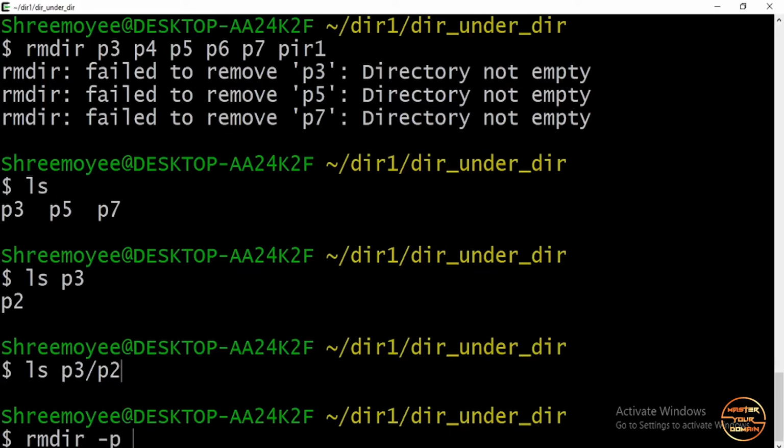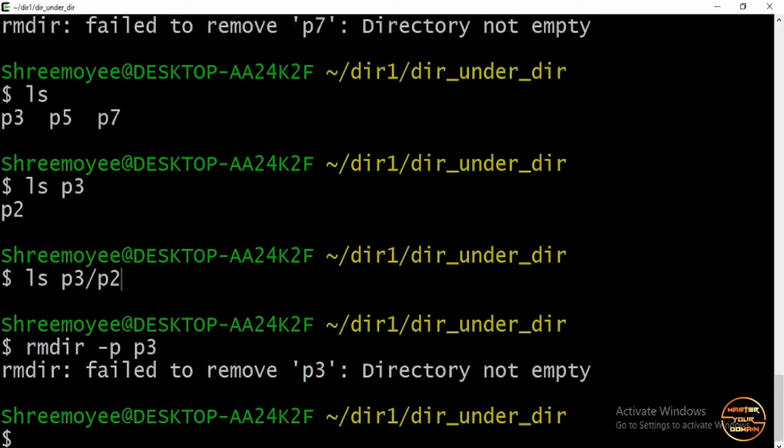As I told you in making directory, minus p means if the parent directory is not present, then it first creates the parent directory, then creates the subdirectory. Similarly for rmdir minus p, and now if I give p3, it's first going to delete p2 then p3.